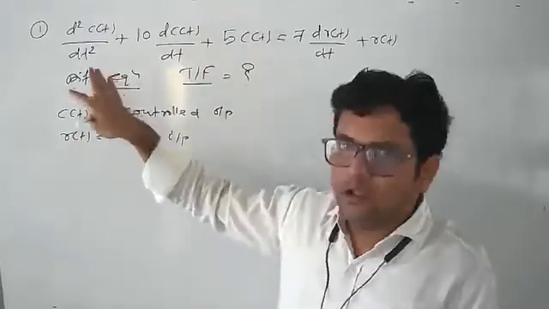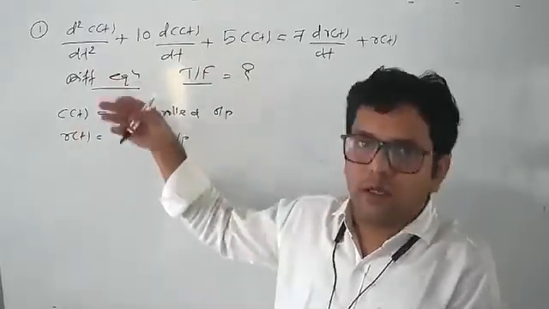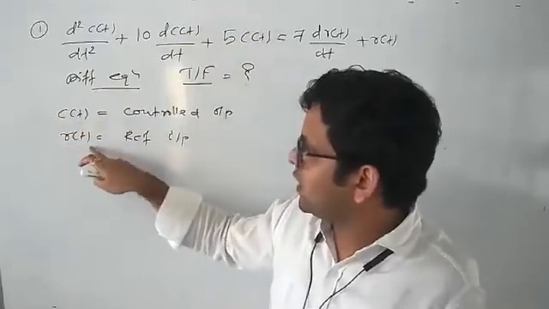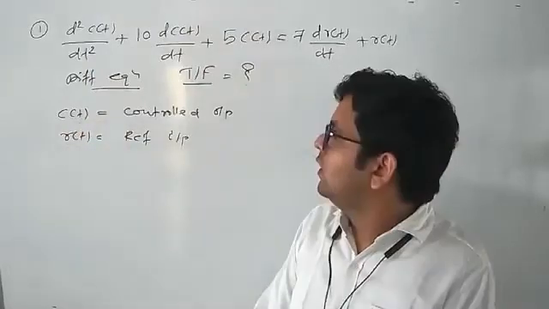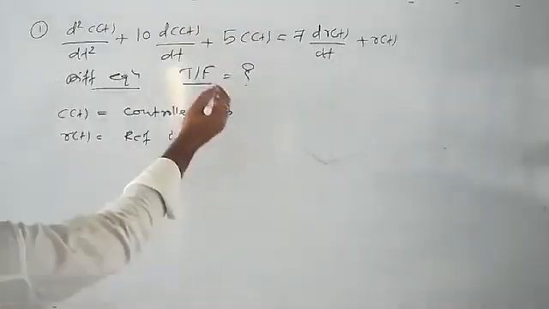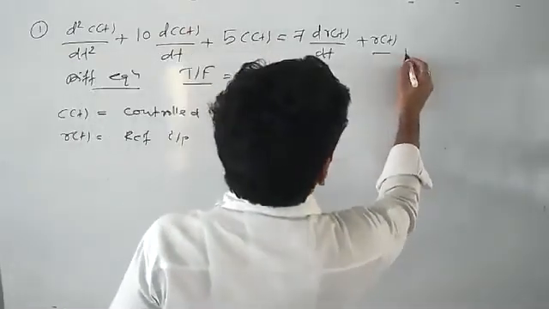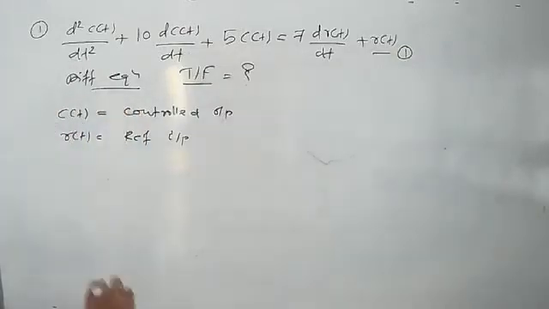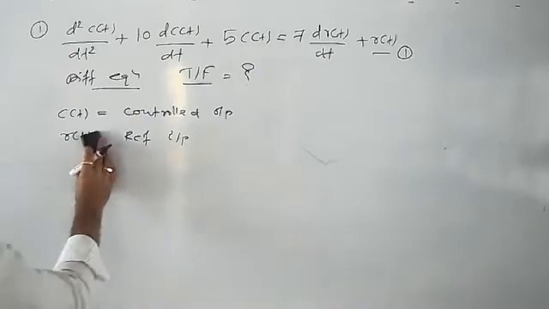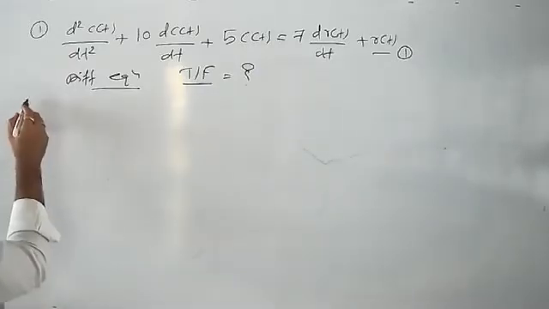So here in the numerical it is not mentioned, so by default we are assuming that the initial conditions of c of t and r of t are nothing but 0. Now in order to obtain the transfer function, what we need to do? We need to apply Laplace transform to this particular equation. So let this be your equation number 1. So if you apply Laplace transform to equation 1,